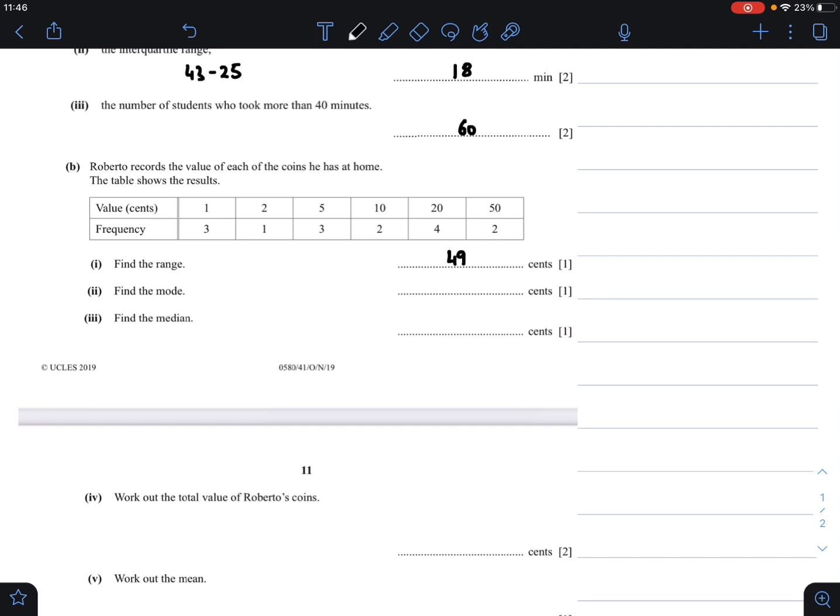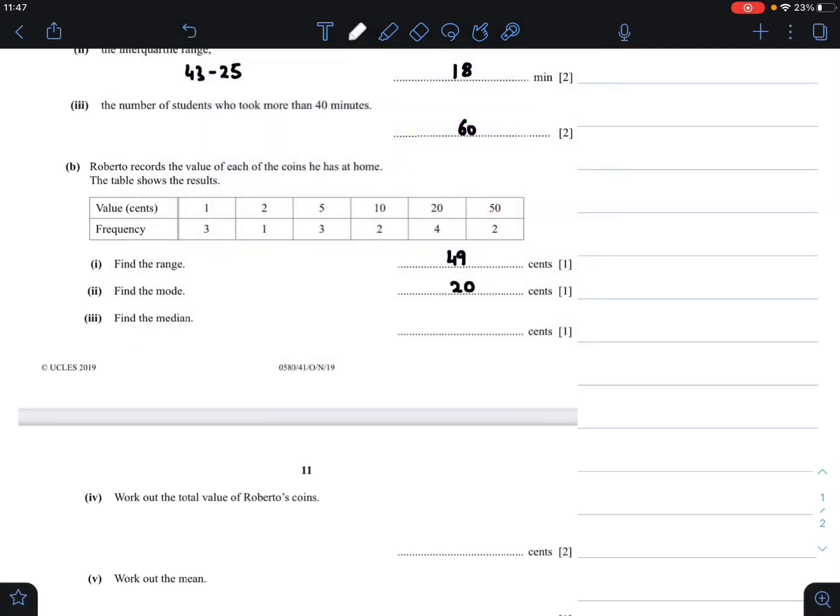Now mode in these types of tables is very easy. So whichever value has the highest frequency, that will be the mode. So in this case the highest frequency is 4. So you see the corresponding x value in this case, which is 20, and therefore 20 will be your final answer for part B2. Now let's move to part B3, where they are asking us to find the median of